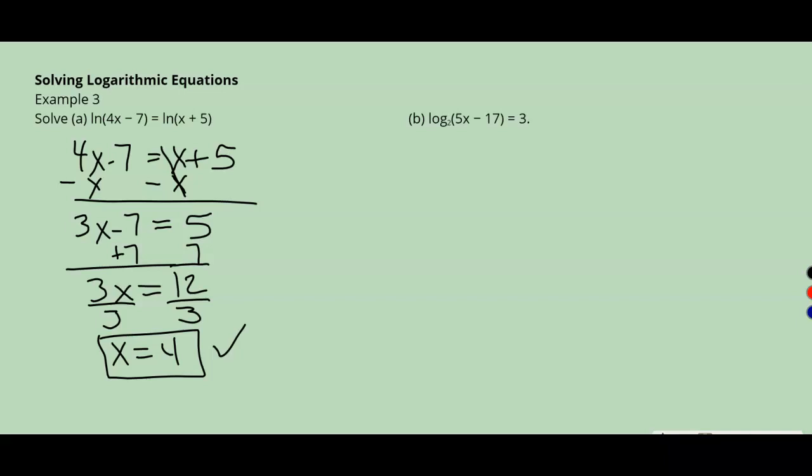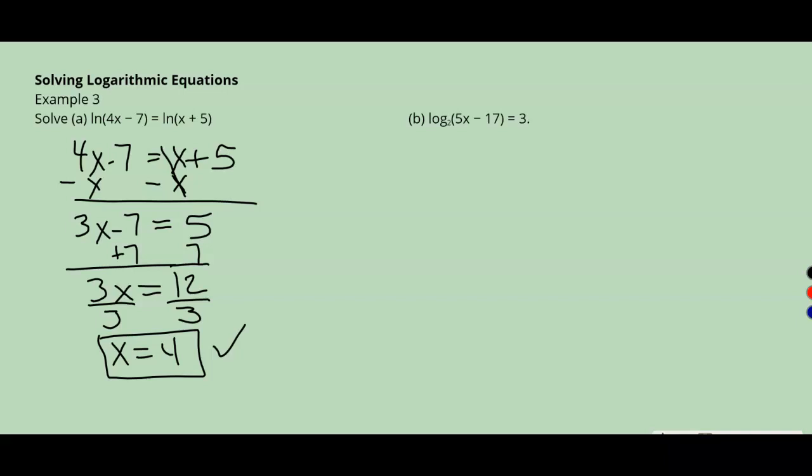Example 3b. Log base 2 of 5x minus 17 equals 3. So this is a logarithmic equation, but it only has a logarithm on one side. So think about the different things that we've learned and what we can use to solve this equation. So if you remember, exponential equations are inverses of logarithms. So what we might do is set each one of these to a base of 2. So basically, let what we have become the exponent,